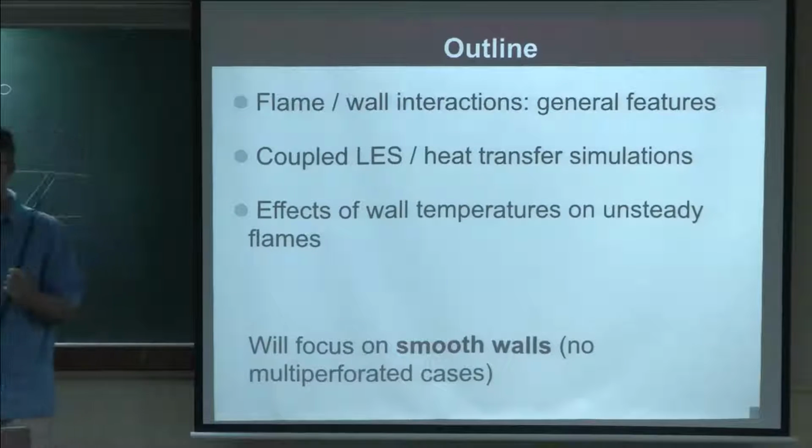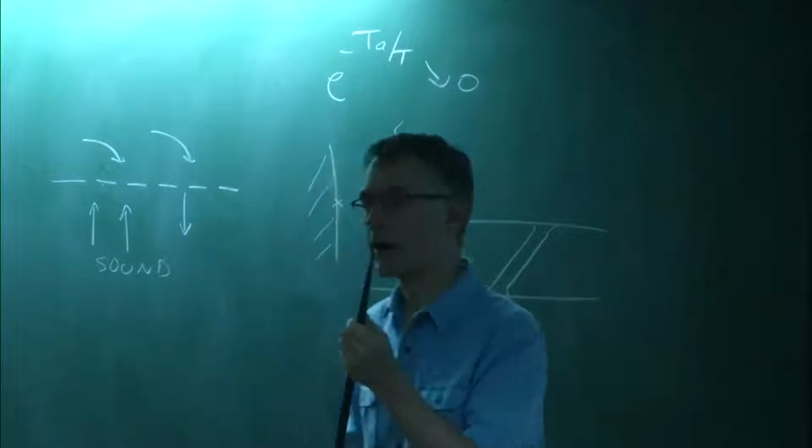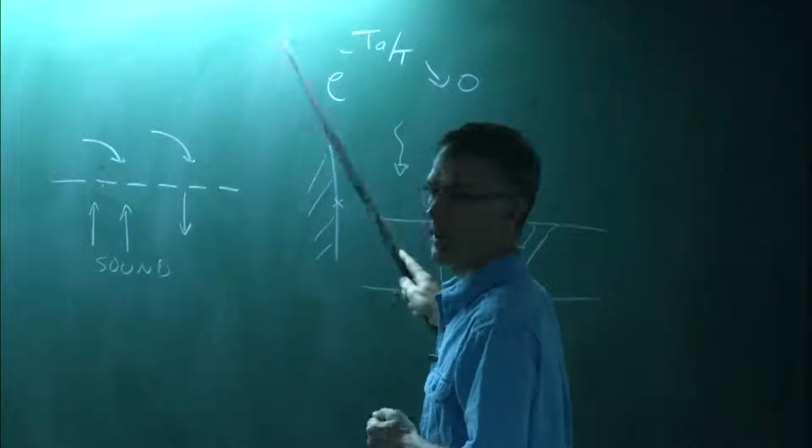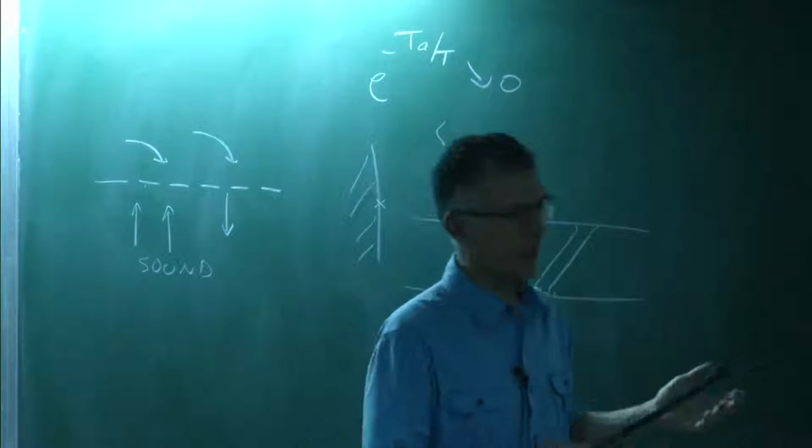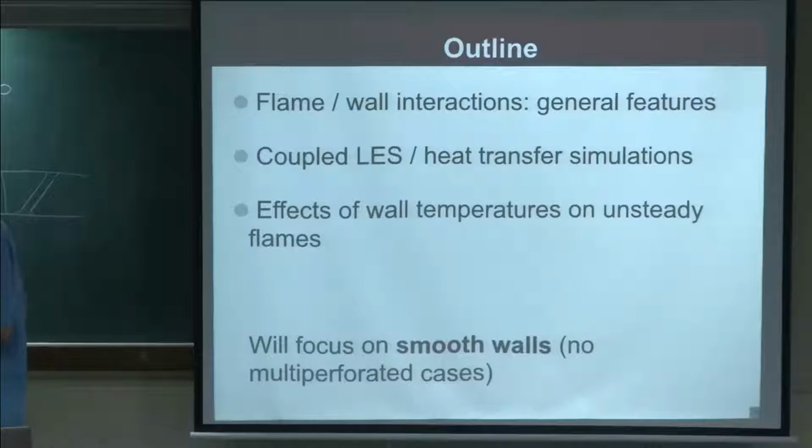It's not, again, something that you do when you study an academic flame, because in academic flames, usually there are no walls, or they are far away. And also, if you look at many models, we talk about FGM, we talked about FPI, all these models begin at line 1. It said the flow is adiabatic, okay? Because it's simpler. But here, if you go to a real engine, at line 1, it's written the flow is not adiabatic, you have walls. So that will also make modeling more complicated.